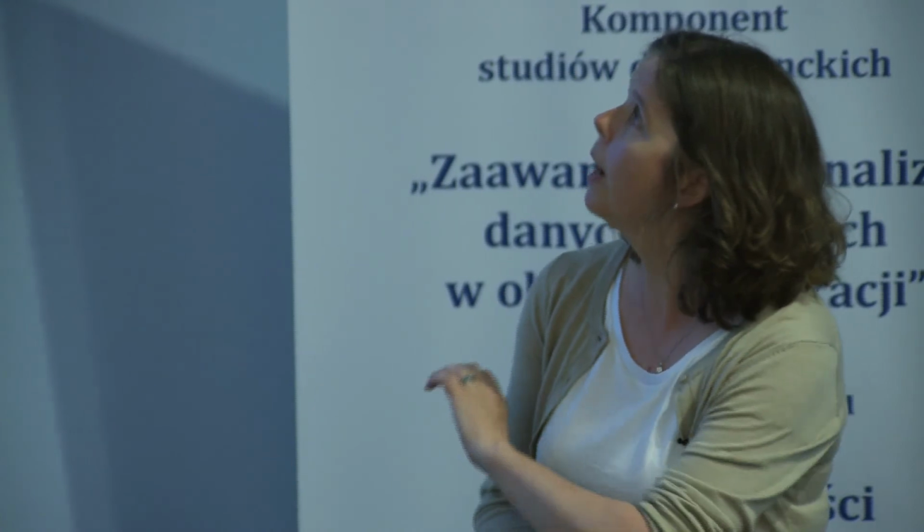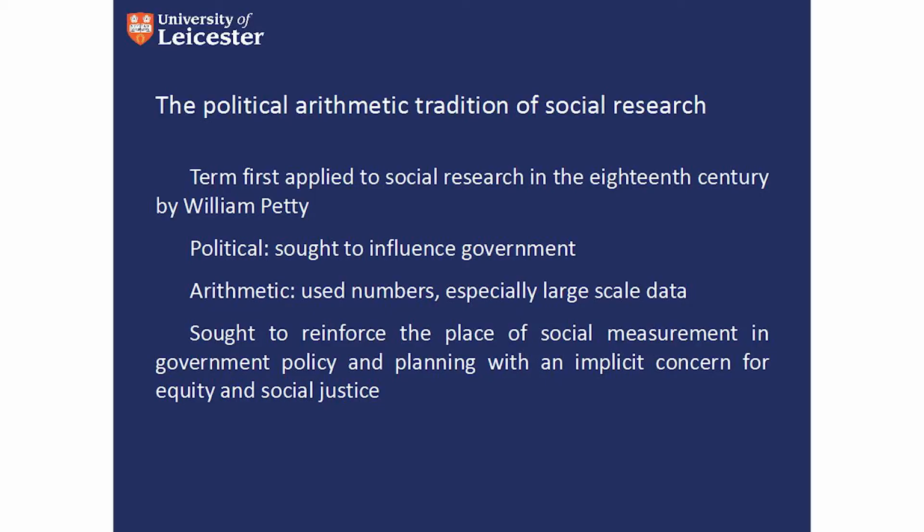So just to draw this to a close, and I'd be interested in hearing your thoughts, I would sum up the approach that I use as a political arithmetic approach, which has quite a long tradition in terms of education, social research. It's political because it links to policy, but it's not advocacy. I think that's quite different. I have lots of colleagues who would consider themselves to be advocates. I'm certainly not an advocate.